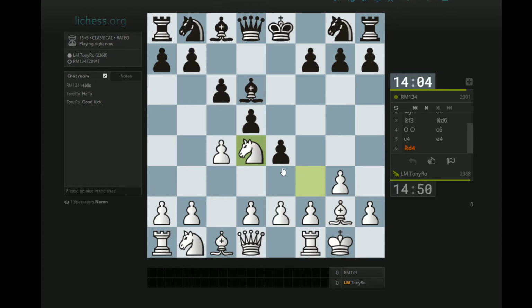No real choice. Have to go knight to d4. I'm not worried about c5. I think I could either go knight c2 or knight b5, and he can't push past because the e4 pawn hangs. So,